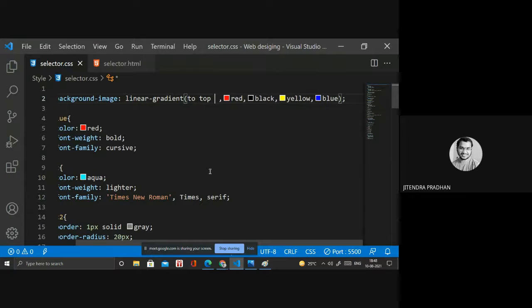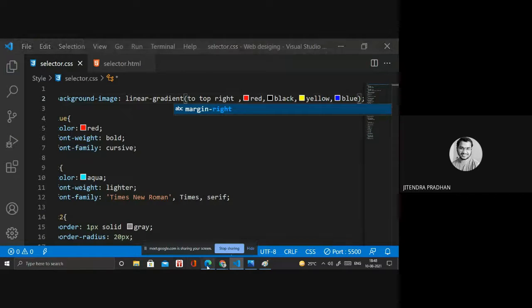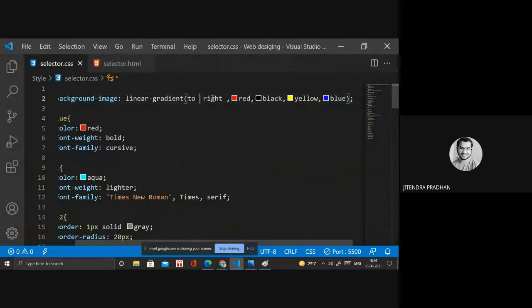Off, left. Okay, it's starting from top left. If you require bottom right, top right, you can write top right also. Okay, and we have bottom right. Okay, it's changing the color.